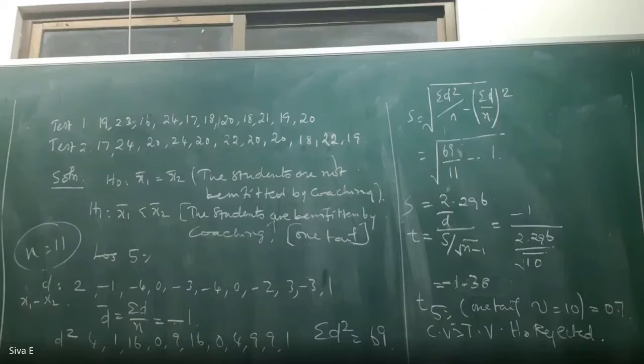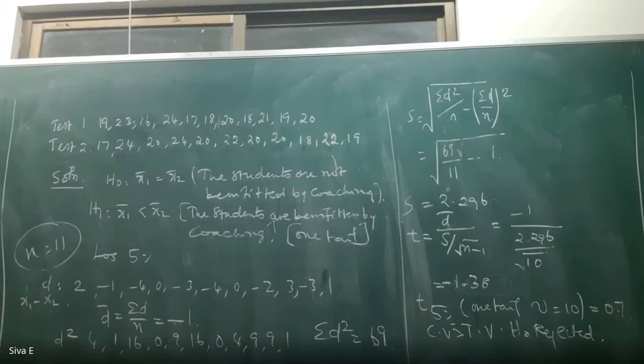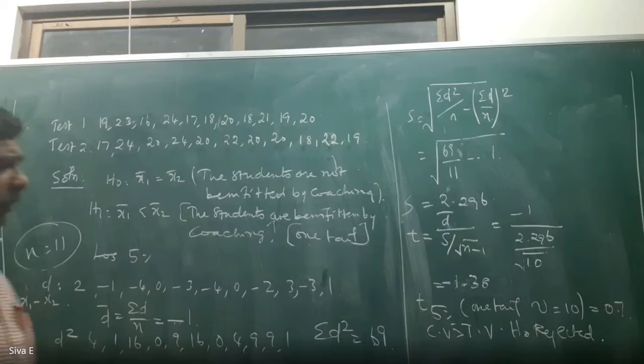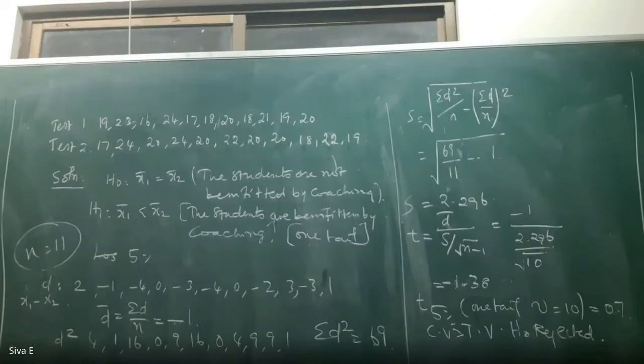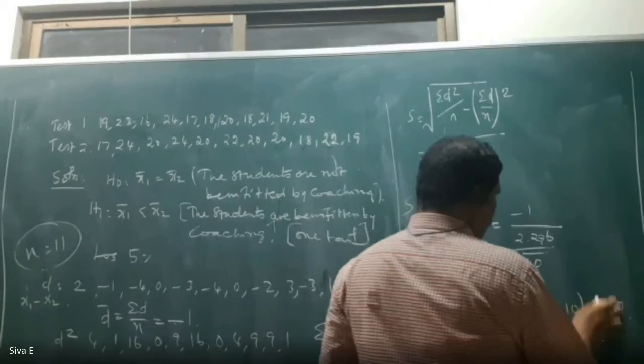Sorry, so it's 2.23, no? T 5% of T because 0.05. I think she looked at the 0.05 value. No, I didn't see that. You are only seeing that. What is the value? 2.23. 1.81. No, no. For one tail, we're supposed to look at the 0.1 column, right, sir? For 5%, 1.81. Yeah. So it is 1.81, sir. Okay, okay.